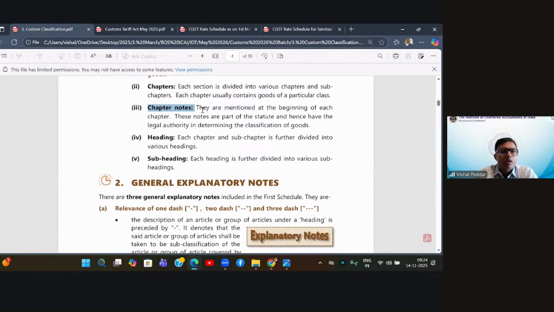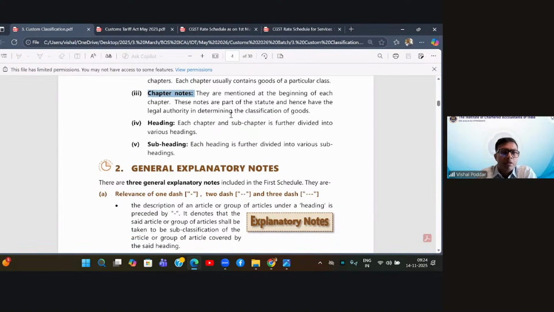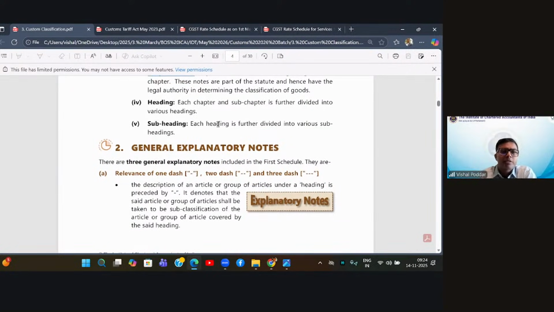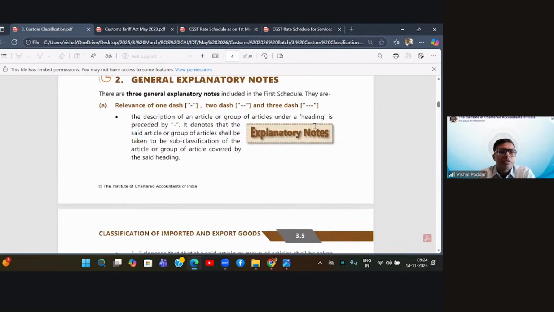So I hope you understood what are notes. You have notes for section, you have notes for chapters. Within that, you have general notes, heading notes, subheading notes. Each chapter is divided into heading, subheading. We saw single dash, double dash. They are giving the names which are heading of that and subheading in that, right? Each subheading may be further divided into subheadings, which is having those 3 dashes, correct? Now this is what is explained.